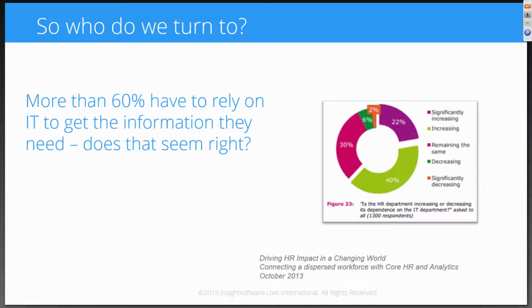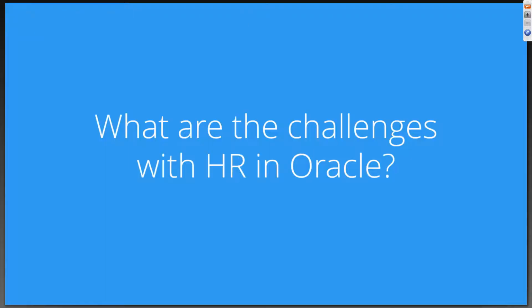And what happens is that more than 60% of HR organizations have to rely on IT to get the information they need. But there are some real issues with that in terms of first having to rely on another group. That means you're often not a priority. You might not have the technical skills you need to access that information. And then also you're asking another group to access information that is probably sensitive and confidential that you don't want people to be looking at. So some real struggles with trying to just make sure I'm getting the right information and then being able to report on it effectively. So, let's talk about some of the challenges that come along with getting your HR data